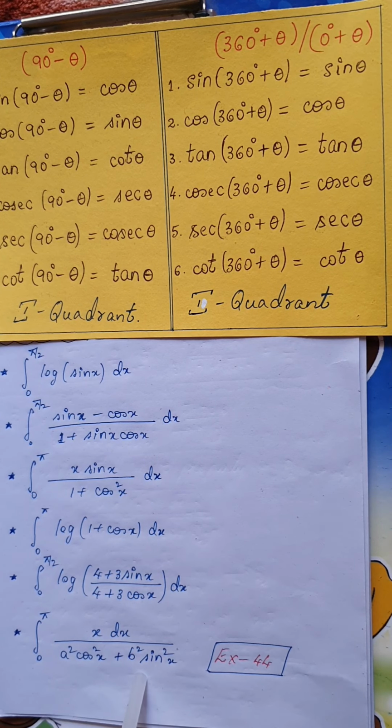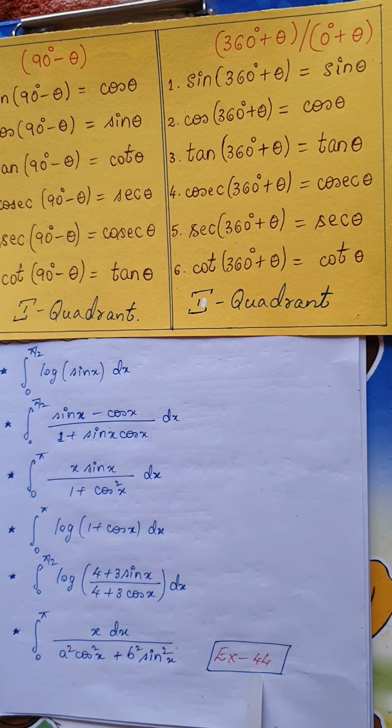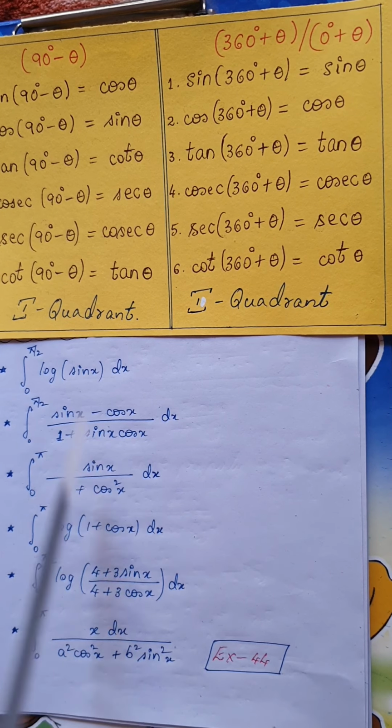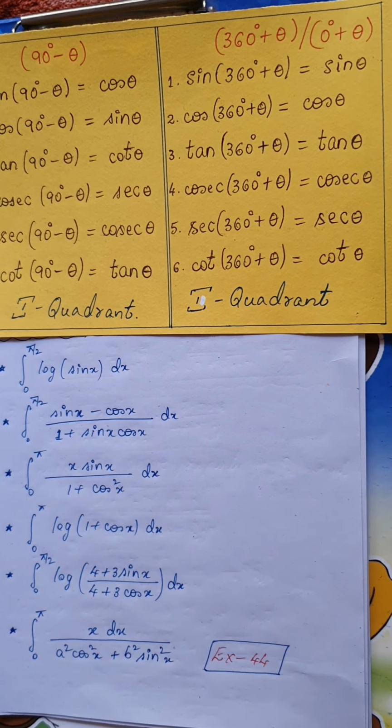The last question is a very important question for CET purposes, because it has already been asked in CET many times, to evaluate this integral. And one lucky part here is, this question is solved in your textbook in example 44. The other 5 questions you have to solve by yourself using the property which you have already proved, similar to the questions which we have just solved. Though they are not asked in any examination along with the property, there are chances of these also being asked.